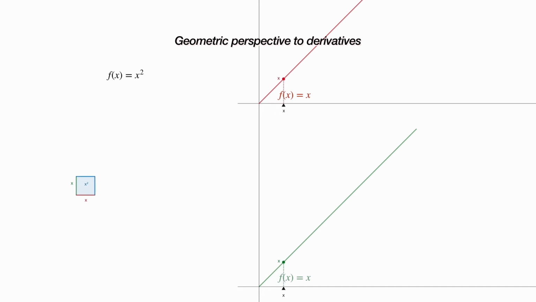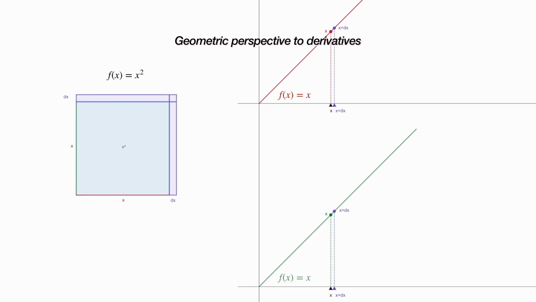If we move x in the input space, we get x in one direction and x in another direction, and the area that this encompasses is equal to x squared. Yeah? And then let's say that we added this small value, which is called infinitesimal, or we call it dx. Yeah? We add it to the input space. What it does is create some additional area, which was not there before.